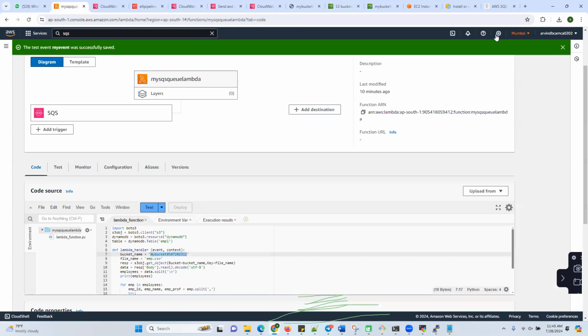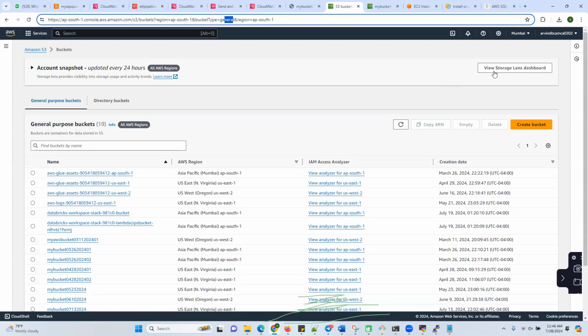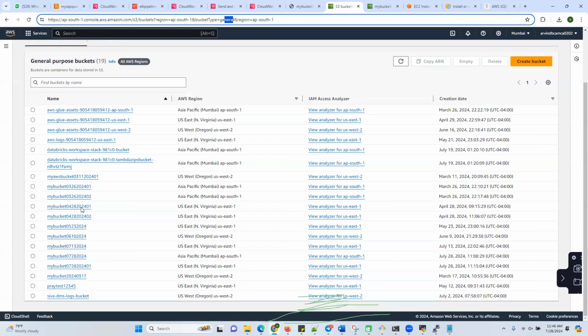This is the Mumbai region. Okay. And now I'm going to check that this bucket is not in this region, so I should select the same region. Okay. So these are all Mumbai region buckets. So I just take it